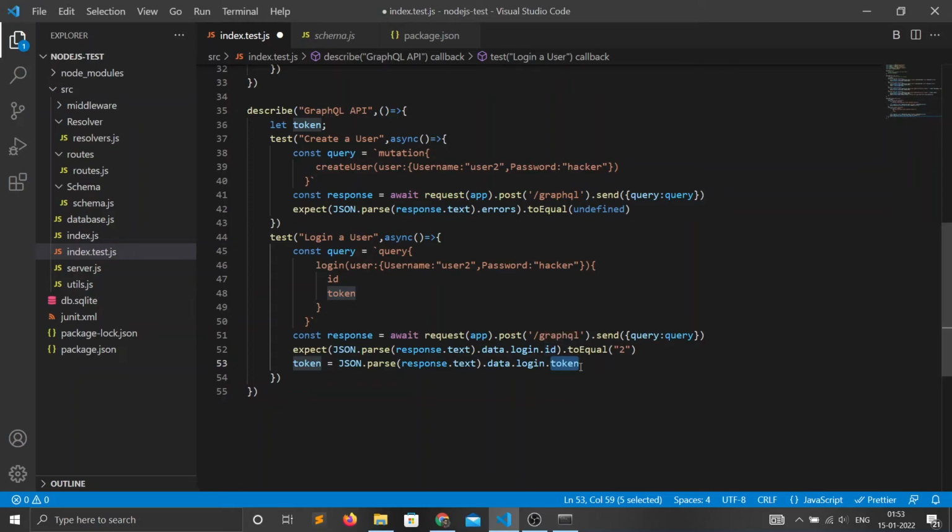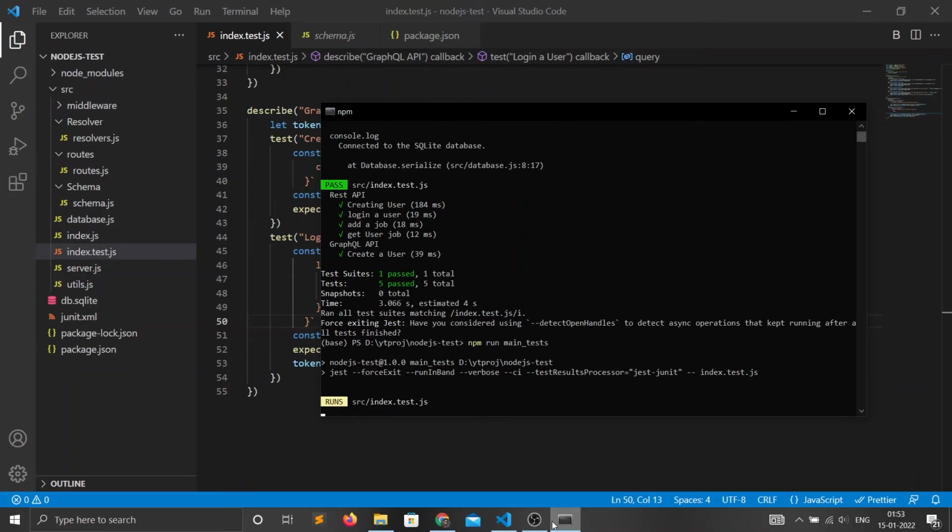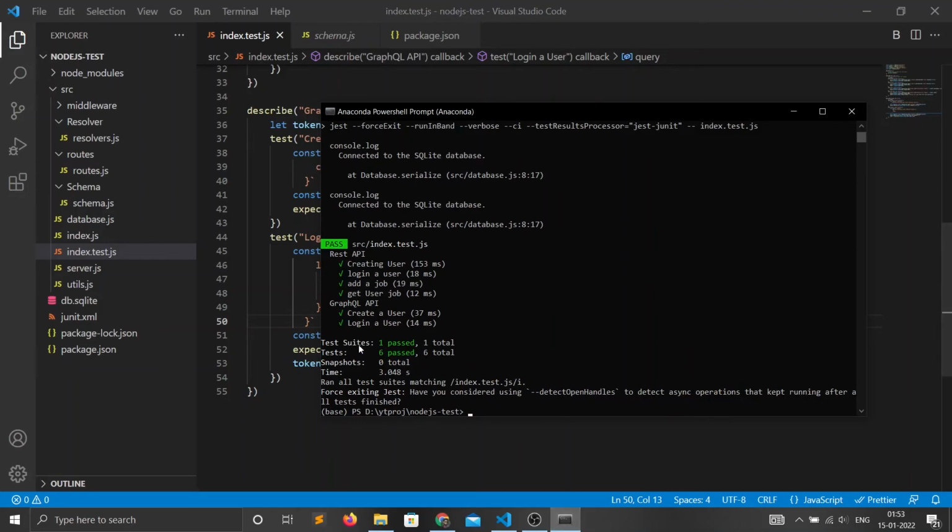So this ID should be 2, and we initialized our token so we can use this token later in making all other requests. And if I run this, you can see all the tests are passing.